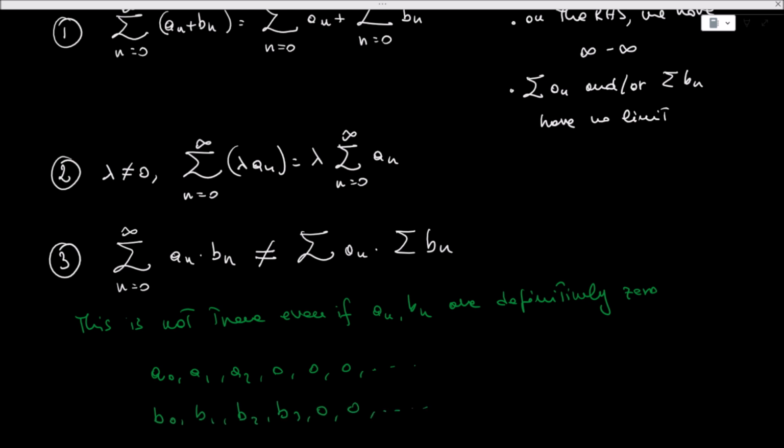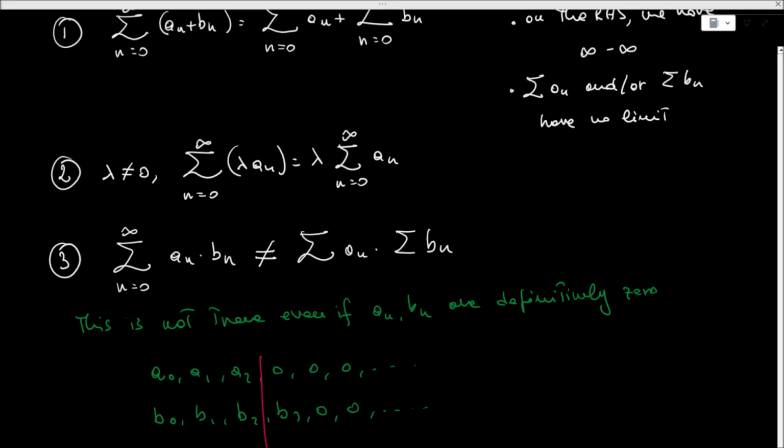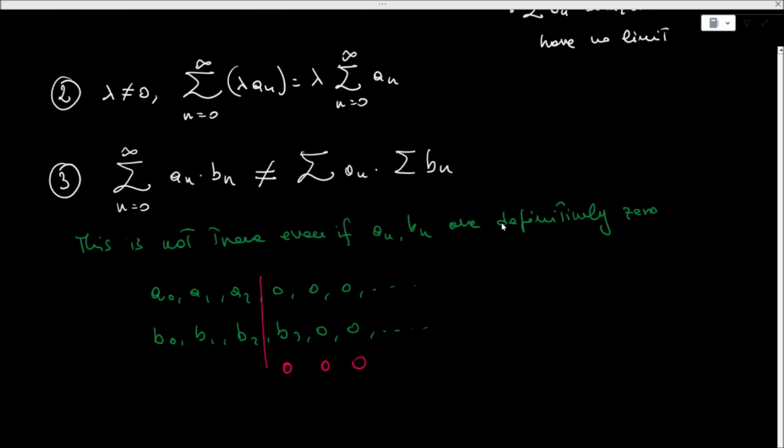So we might think, okay, because after n equal 3 or n equal 2, from this point on the product is going to be 0, 0, 0. We are just left with a limited number of products. So, but even in that case,